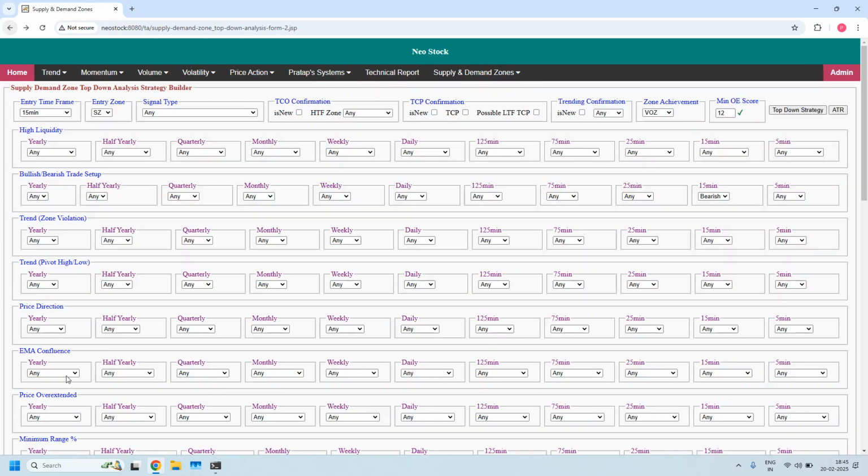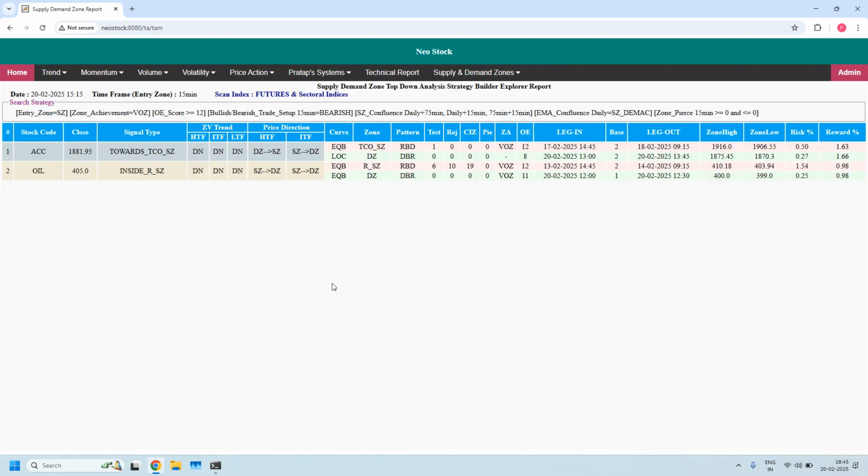Let's verify. In the EMA confluence at a daily time frame, I am setting the filter daily supply zone having daily EMA confluence or not. By setting this filter, we got 2 stocks. So these two are having even more high probability to get the success. Maybe that is the reason why you see OL is already tested 6 times. Okay, this is a bearish trade setup for